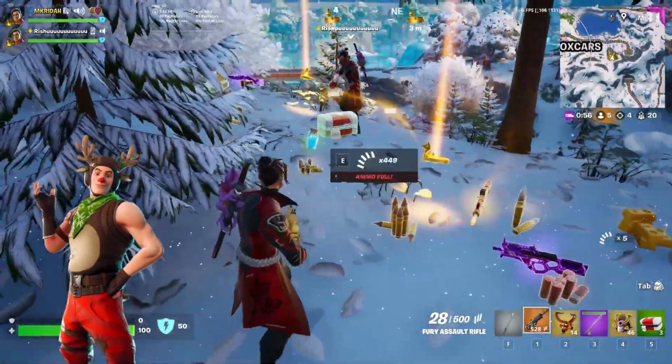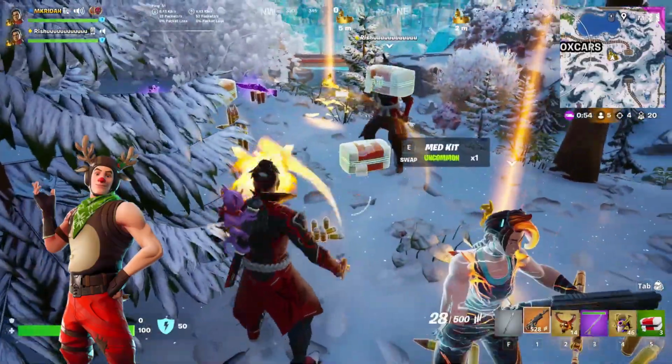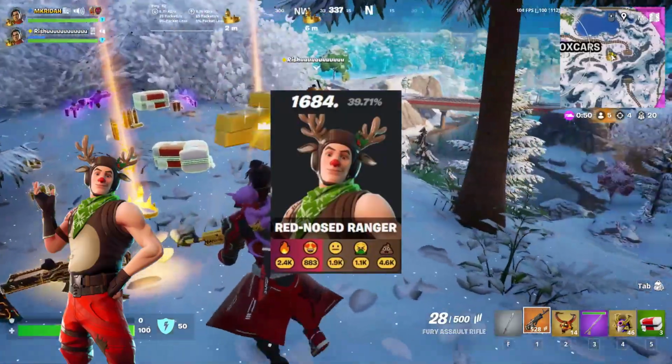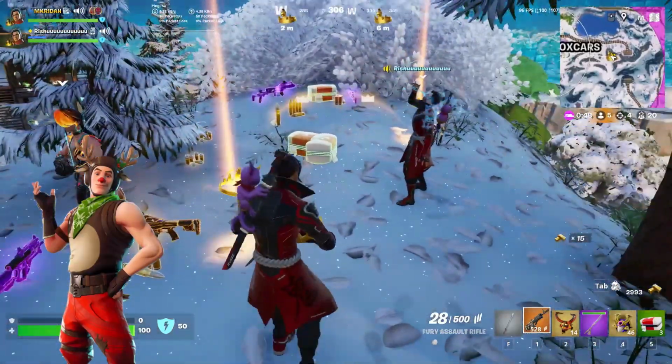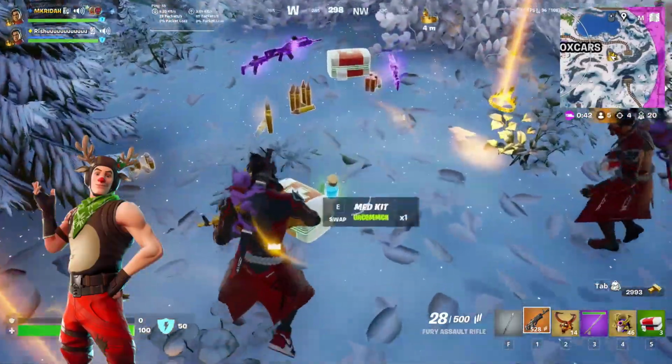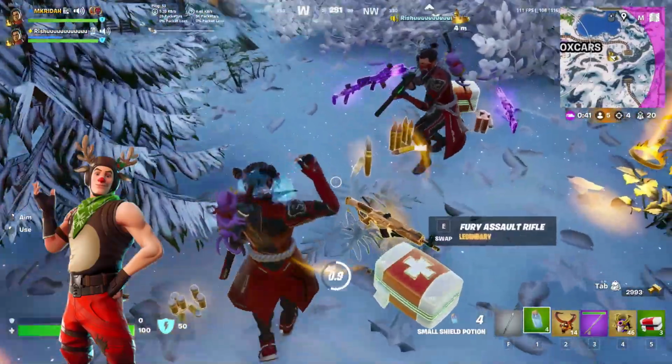Now the RedNosed Ranger was released during Chapter 1 Season 6, 7, and he has a 39% approval rating from the Fortnite community. Now this skin is essentially Jonesy dressed up as a reindeer. Now I haven't really seen too many complaints with this skin, and I've mostly just seen players prefer the RedNosed